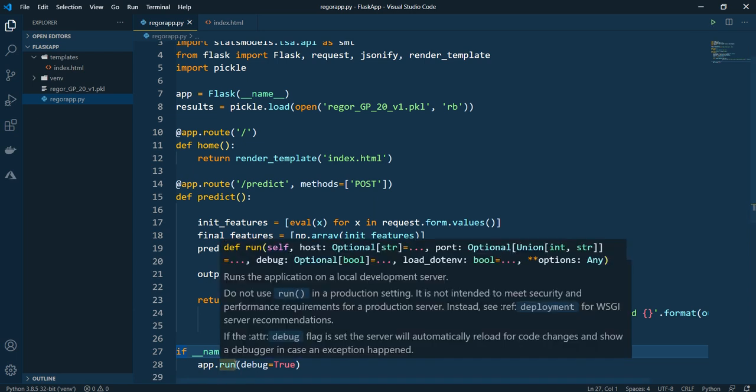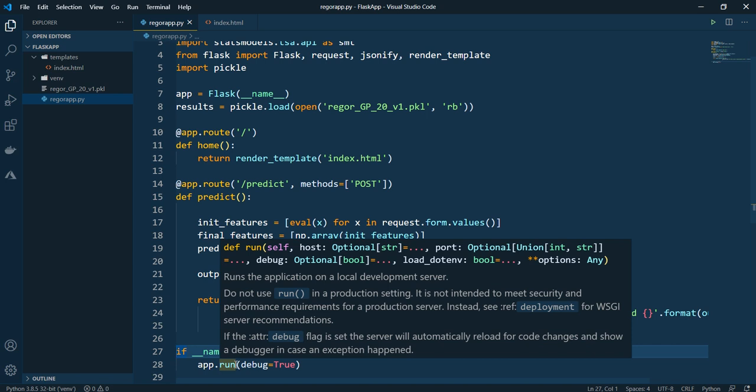So in the run method, this is the description of what the method is. Just keep in mind that this particular application runs on a local development server. So this is not advised to deploy on a production server. There you have to keep in mind different things depending upon how the different data scientists do the discussions, and finally you migrate it to a different server.